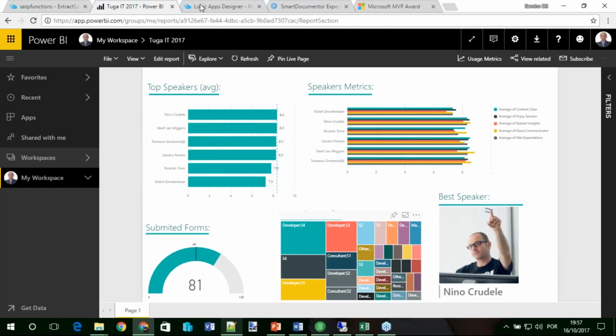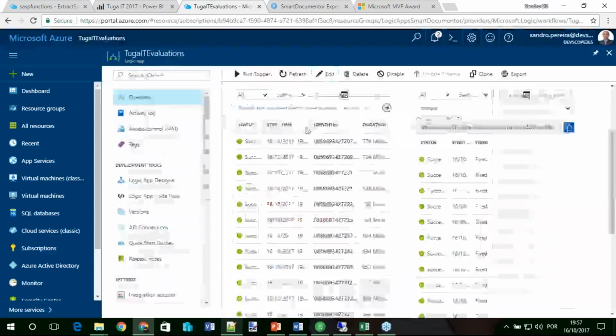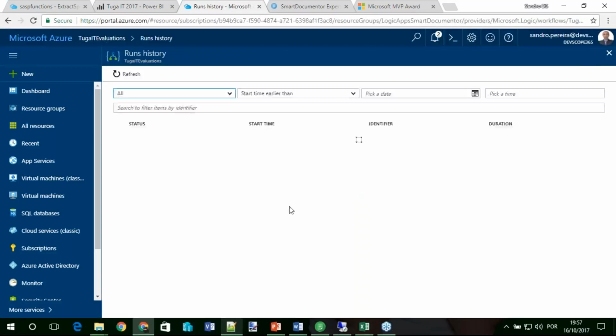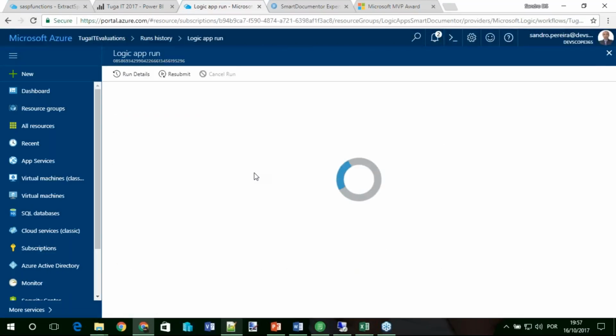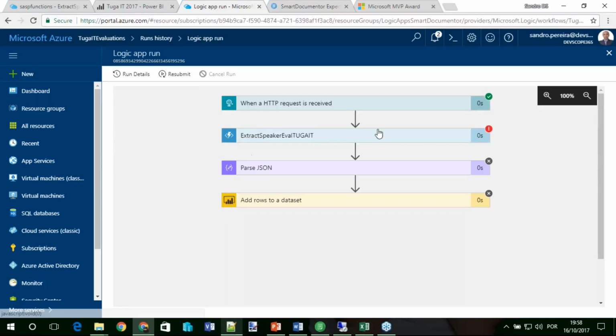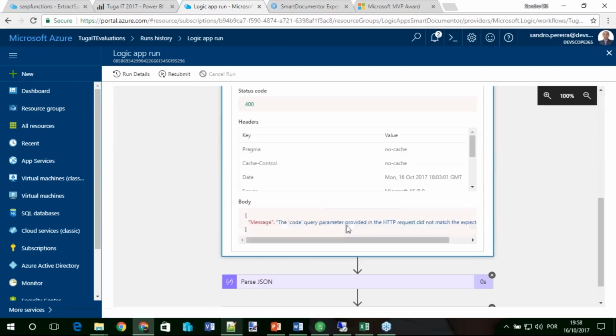You gain visibility of your process, and if something fails, you know where it fails and why it fails, and you can fix it and resubmit afterwards. So you have a complete, good history to easily extend even your custom products.